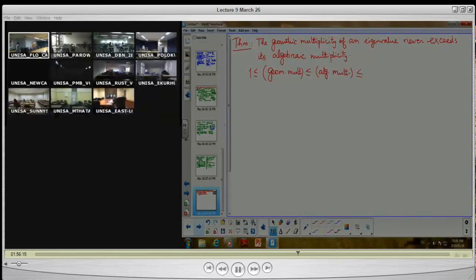So this is the equation. So the geometric multiplicity is at most the algebraic multiplicity, and the proof is,